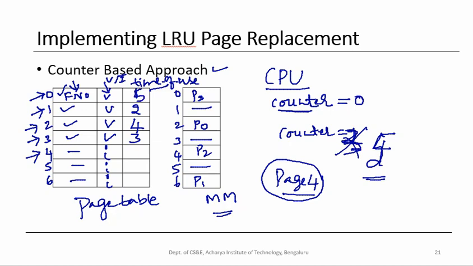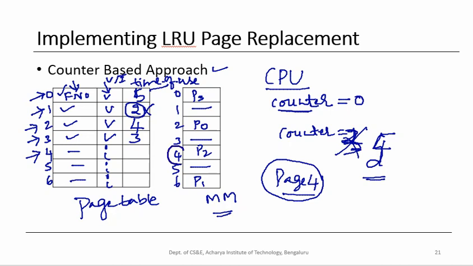So this is recently being used. Therefore the page that we are looking for is the least recently used page. Now which one is the least recently used page? That is this page, page 1. And this page 1, how did you decide? Because it has the least time of use value. So therefore this is selected as a victim page, or the frame in which 2 is stored, that is